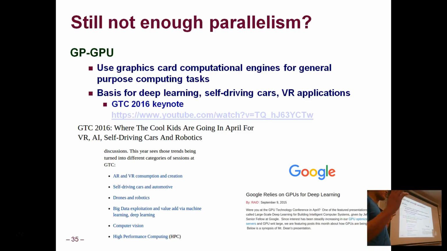So if that's still not enough parallelism for you, and if it isn't for most people, there is the GPU stuff. Using GPUs for general purpose computing. That's the Karen's course. So using your graphics card for general purpose computing tasks. This is the basis for deep learning for all the self-driving cars that you see out there, the VR